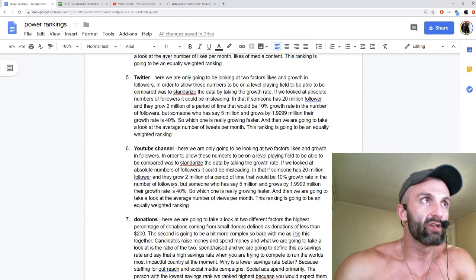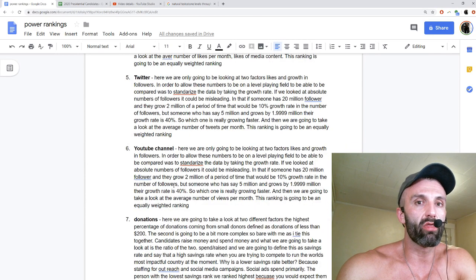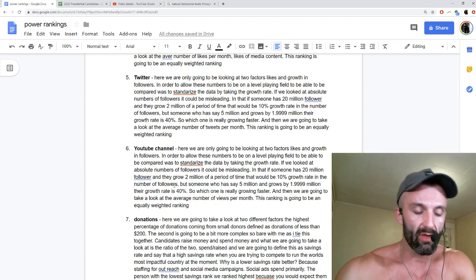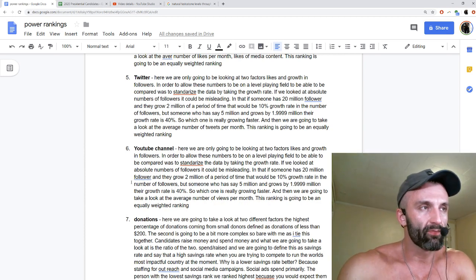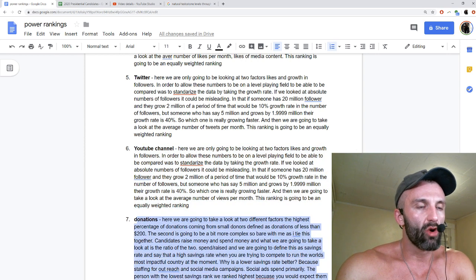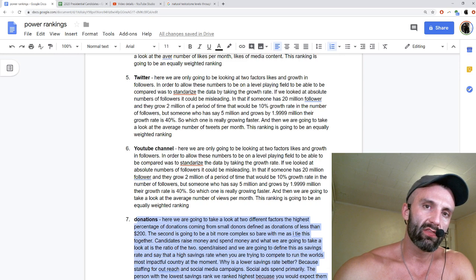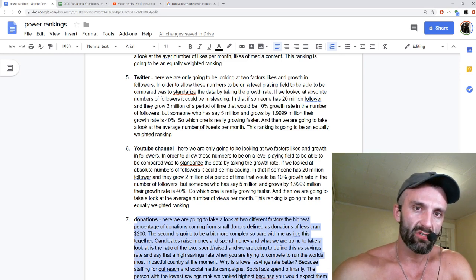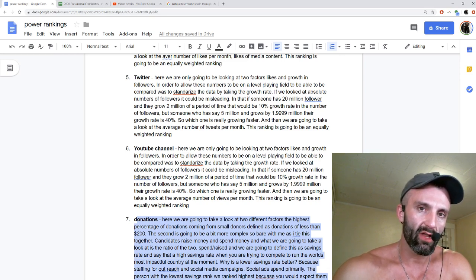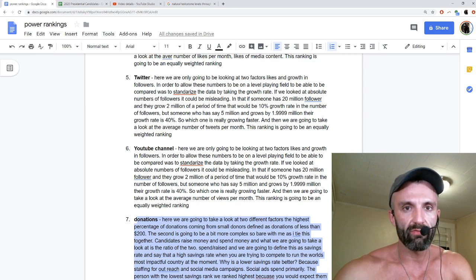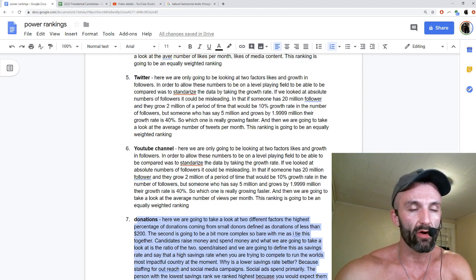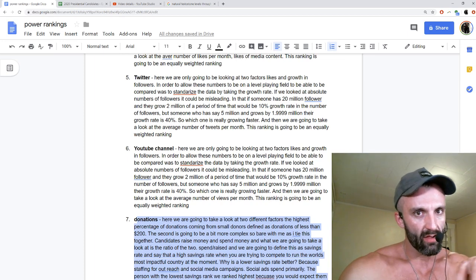Similarly, we're going to look at the Twitter and YouTube channel growth, as well as a couple other factors that are going to be a little bit different for each one of these. Now, the last one over here, we're going to look at donations. And we're going to take a look at the percentage of small donations, meaning the people who donate less than $200, and who has the highest percentage of donors who are small donors,